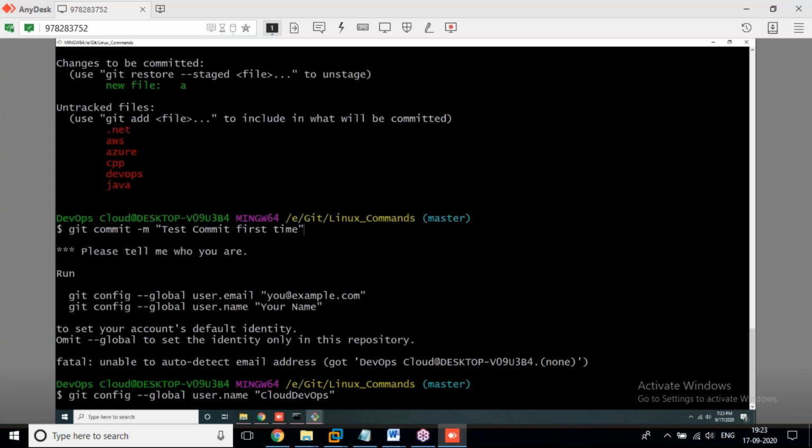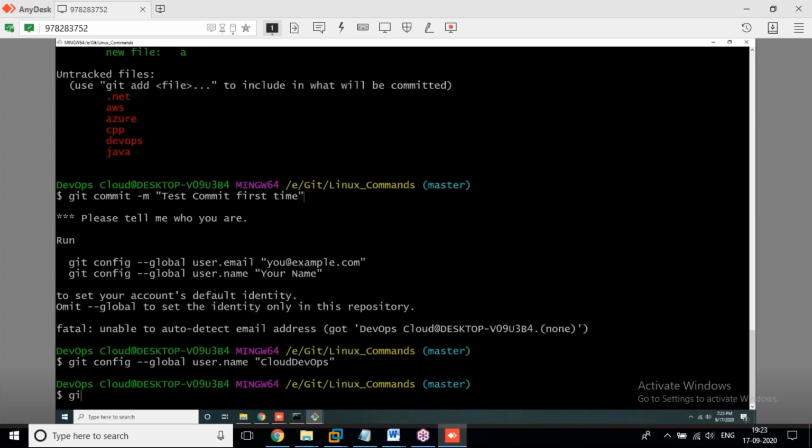Then once again, git config --global user.email. Yes, you can apply that.